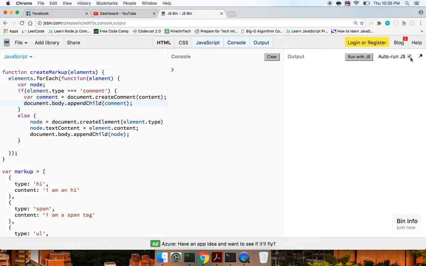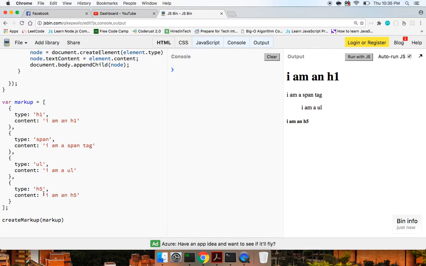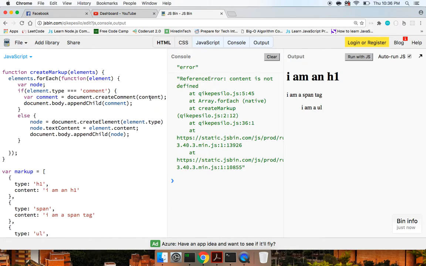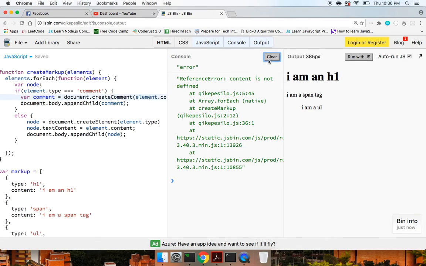So let's run this now, and here we go. I'm an H1, I'm a span tag, I'm a UL, I'm an H5, but the minute I put comment in here it says content is not defined, okay, and that is because we need element.content,